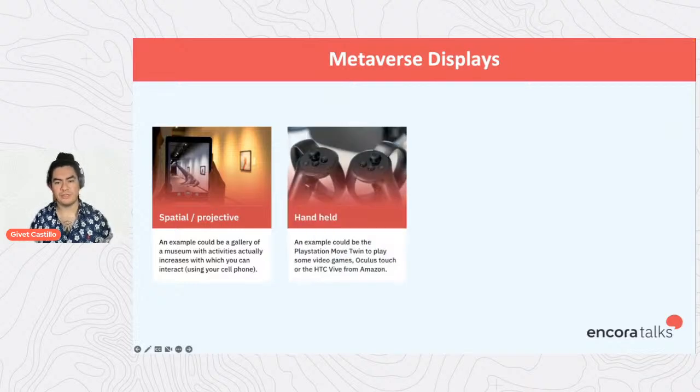Next, for more immersive experiences, we have handheld controllers. Those help us use our hands as an input for the metaverse. Examples are the PlayStation Move, Oculus Touch, or the HTC Vive. And sometimes I hear that the best handheld devices are those with no controls, for example the technology implemented with the Kinect for Xbox. It's a good question, but today we will talk about these different displays for augmented reality and virtual reality,